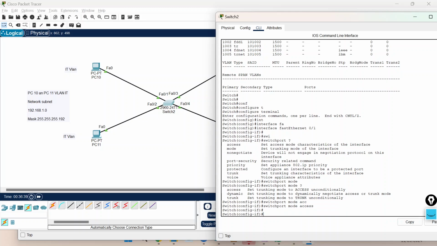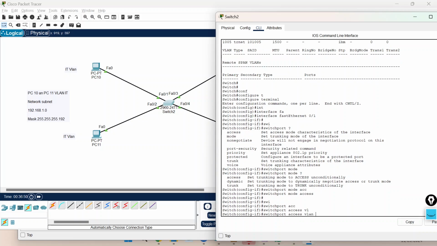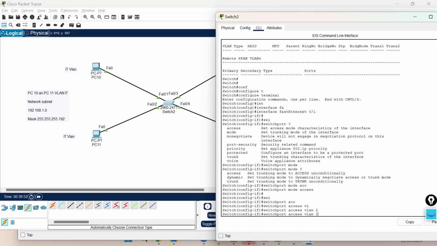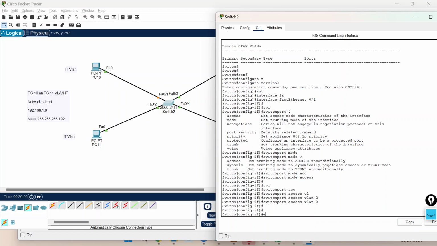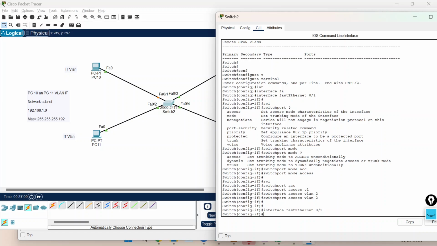See, now what we did, this particular port should be of type access port. Then which VLAN should it be? Then I'll give switchport access VLAN 2, right? It is the IT part, right? So we gave that. Again I'll go to interface 0/2.